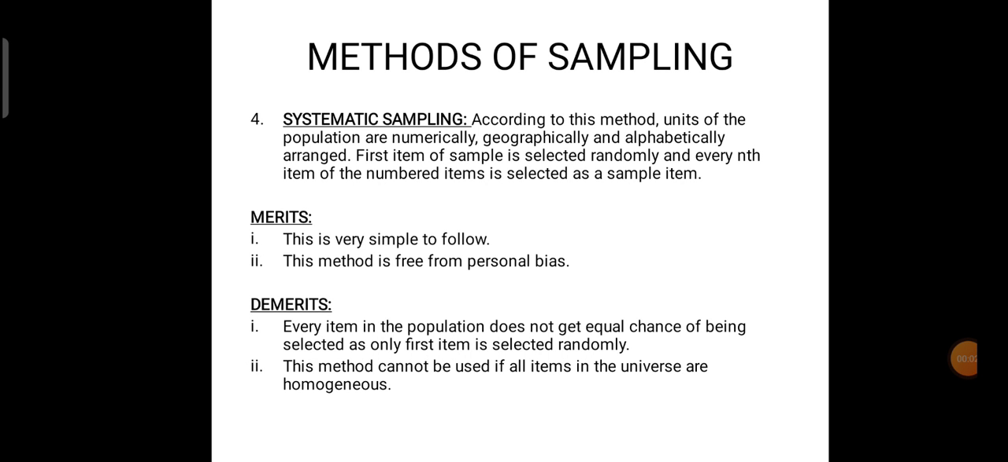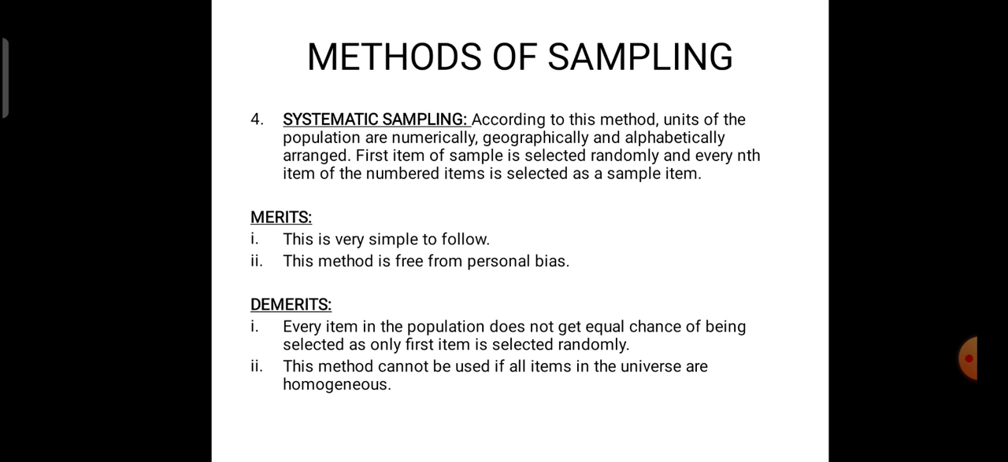Good morning. As we were studying the methods of sampling, we had covered the three methods of sampling. Now, today we will start with the fourth method of sampling, that is systematic sampling. Systematic sampling is the method in which units of the population are numerically, geographically, and alphabetically arranged. The first item of the sample is selected randomly and every nth item of the numbered items is selected as a sample